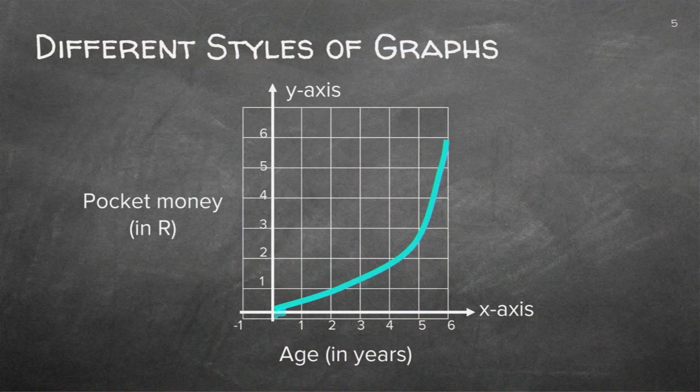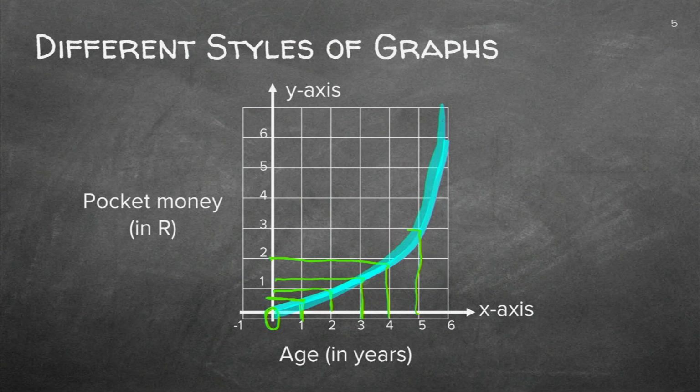It's a hyperbolic graph. So it's going up, up, up, but now we need to indicate with how much is the increase. Again, pocket money at birth, 0. Pocket money at 1 will be, it looks like about 50 cents, which is fine. At 1, you don't really need money. At 2, it was 1 Rand. At 3, it was a little bit more than 1. At 4, it went up to 2.